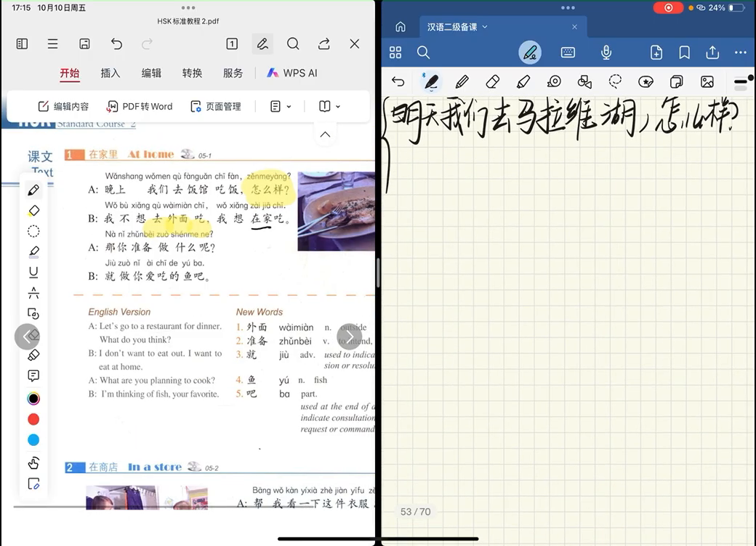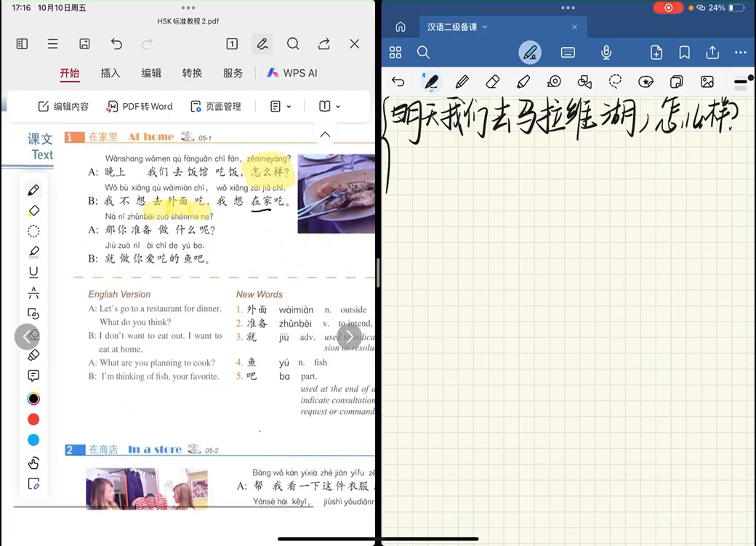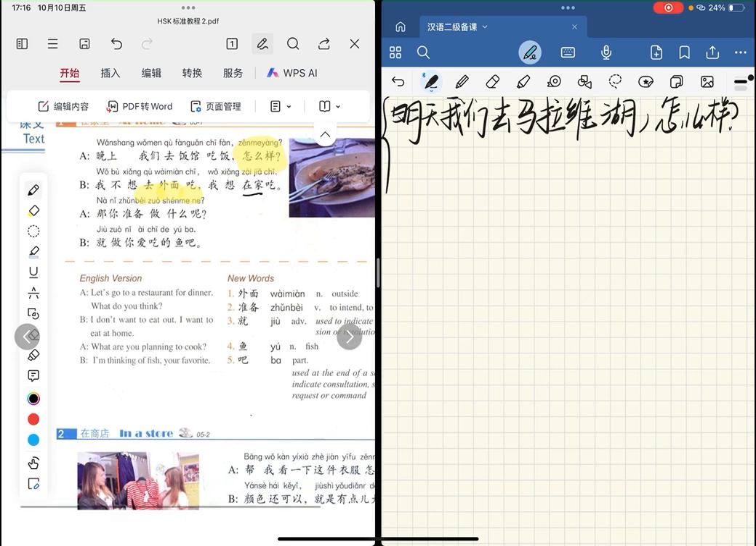Okay, now let's read together and read after me. 晚上我们去饭馆吃饭，怎么样？我不想去外面吃，我想在家吃。那你准备做什么呢？就做你爱吃的鱼吧。Okay, so